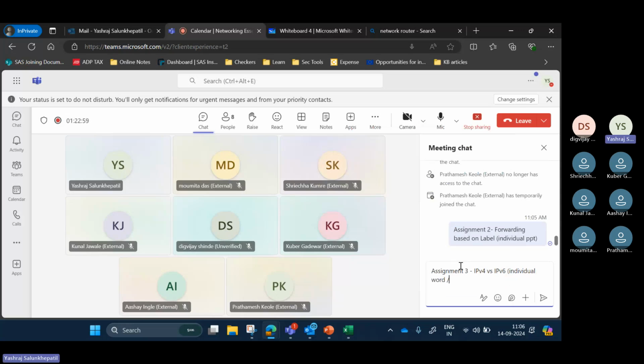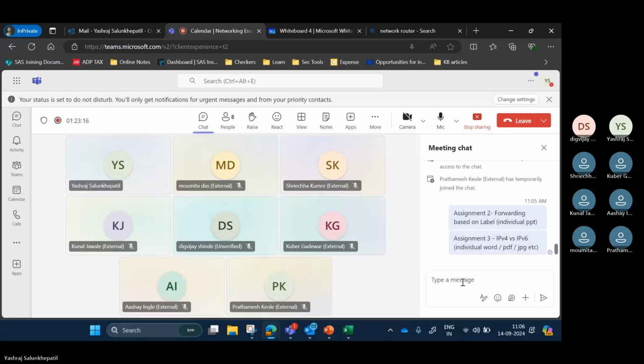Word doc, PDF, JPG, whatever you want to give. Don't pick the JPG from the internet, okay? It should be something you created yourself. Again, no exceptions or delays in Assignment 3.